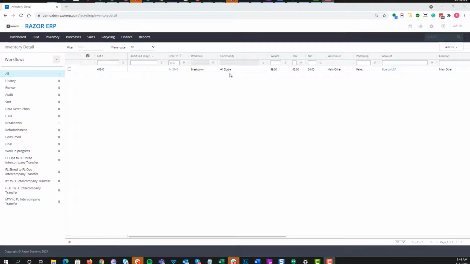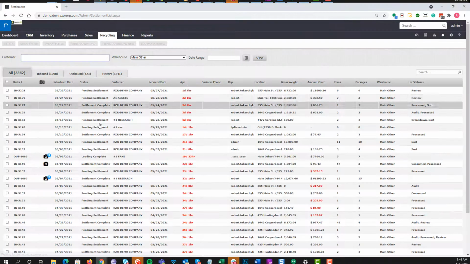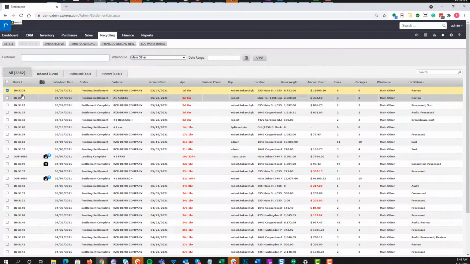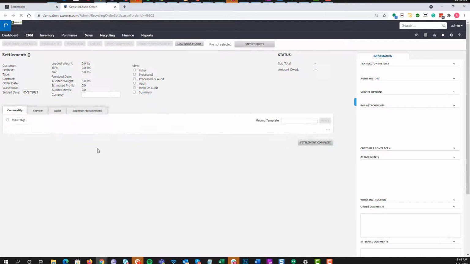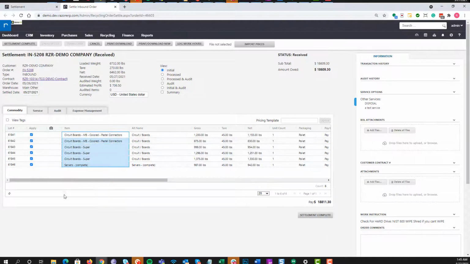Hey guys, in this tutorial we're going to show you the new alias functionality added to the settlement. We're going to start out by going over to recycling settlement and taking a look at order 5208. When we open up this order, we can note that it was received as circuit boards, mixed colored pastel connectors, and you had three lot IDs of circuit board super